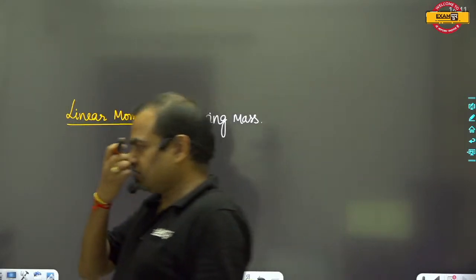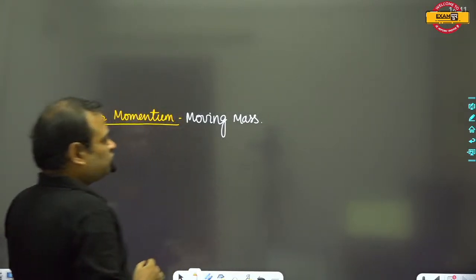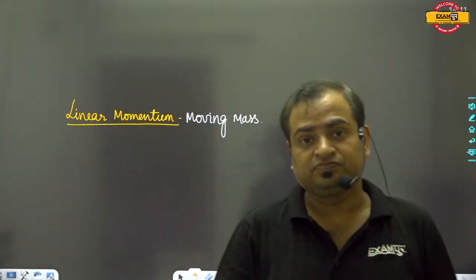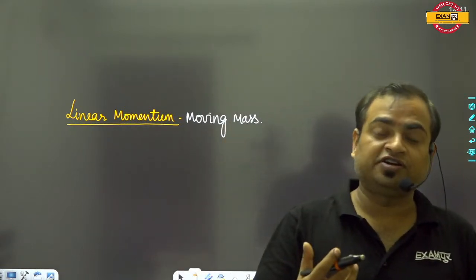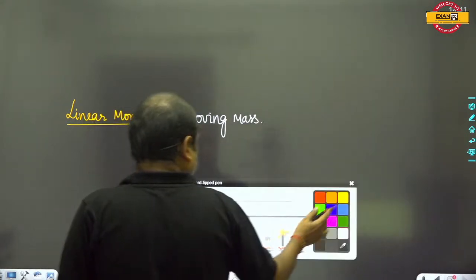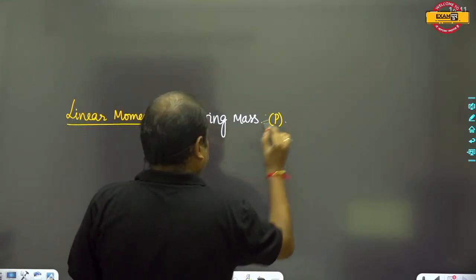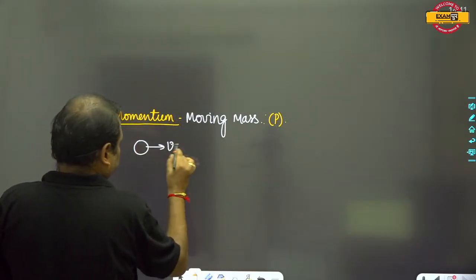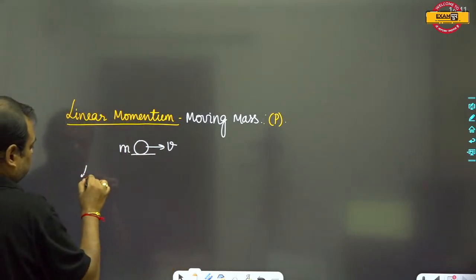The moving mass, linear momentum. When we talk about the moving mass, a body which is moving with some velocity and having some mass has a physical quantity inside the body which is known as linear momentum and denoted by p. Suppose that a body is moving with the velocity v, and the mass of the body is m. So the linear momentum of the body